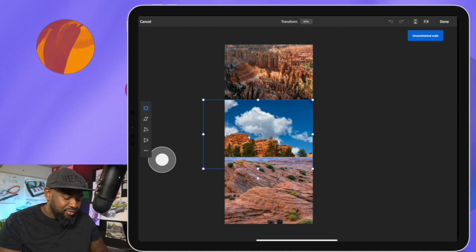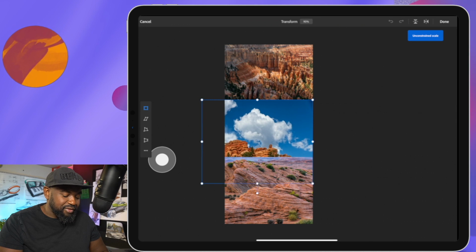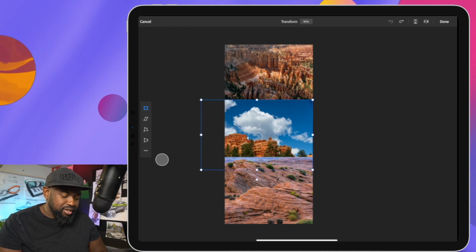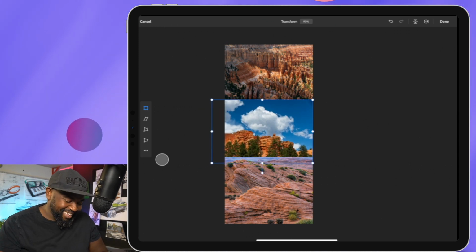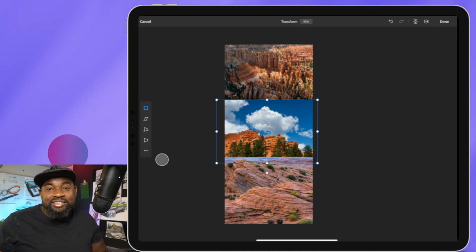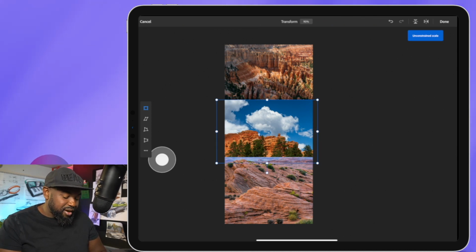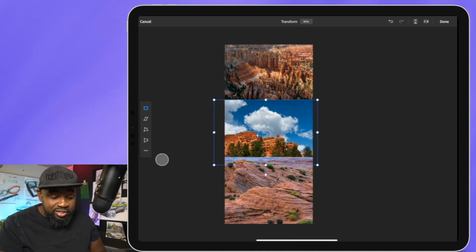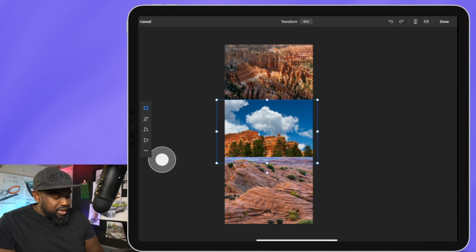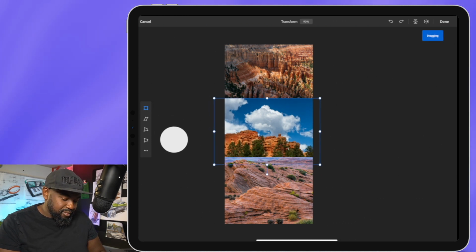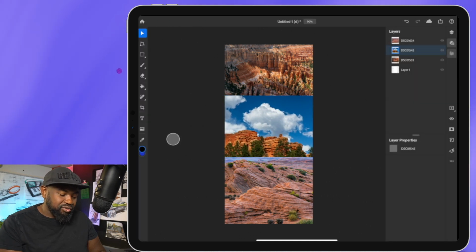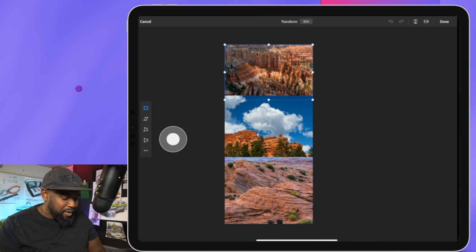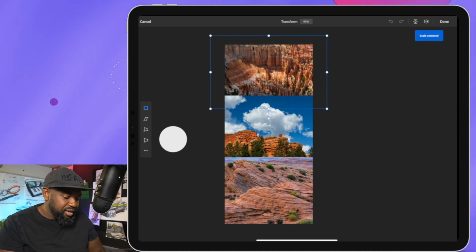I can transform unconstrained, okay, if that's what you want to do. Otherwise, because this is the iPad Pro and we want to make this pleasurable for you, we scale proportionally by default. So if I tap on this, we have an unproportional scale, or unconstrained scale rather. If I tap and drag outside, okay, then I can scale from the center. So if you want to scale up from the center, that's how you do it with that touch control. I'll do it one more time with our top image here, the very top. Let's go ahead, tap that modifier, slide your finger up, okay, and now we have